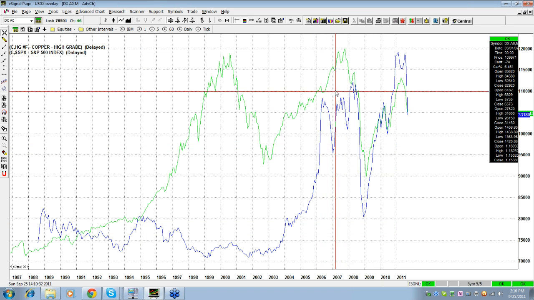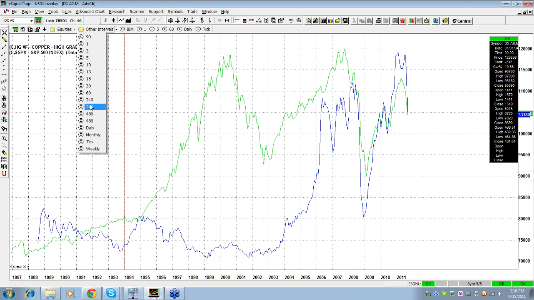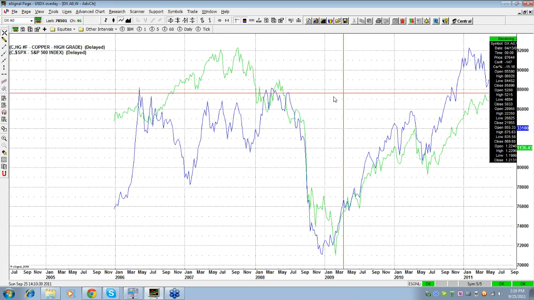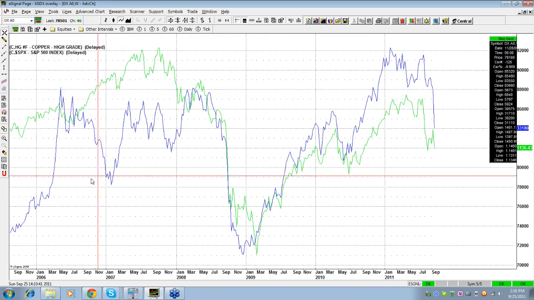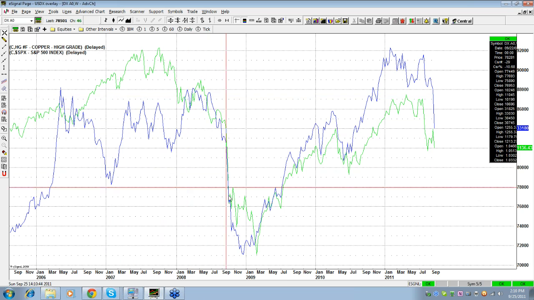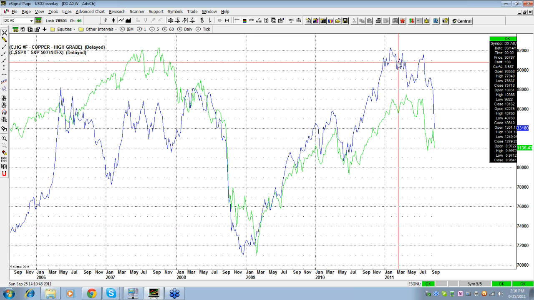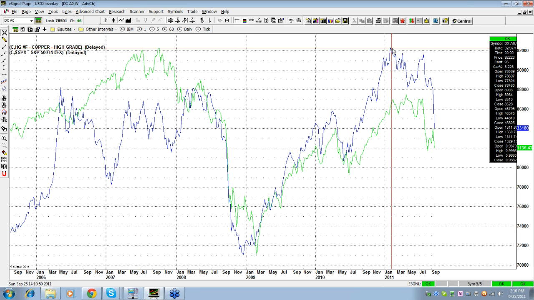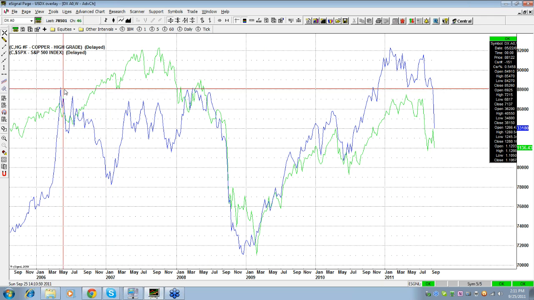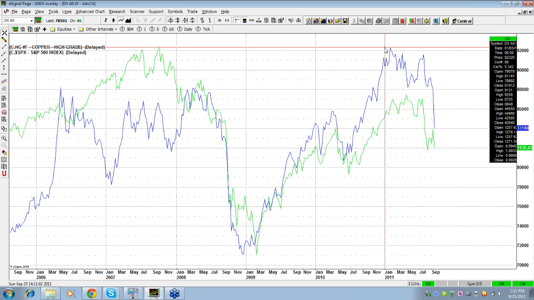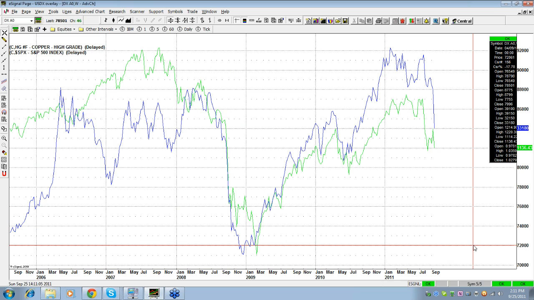let's go weekly. You guys are going to see the correlation there. Look, lower S&P, lower Copper, almost the same structure here. The only difference is that the S&P didn't make a new high like Copper did. But Copper can be doing a flat from here. It can be doing A, B, C, A, B, C, and going down sharp right now.